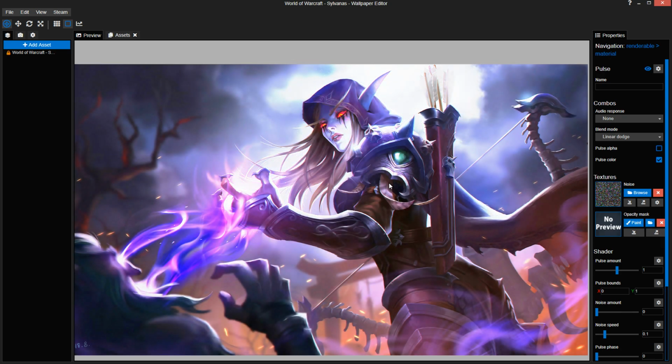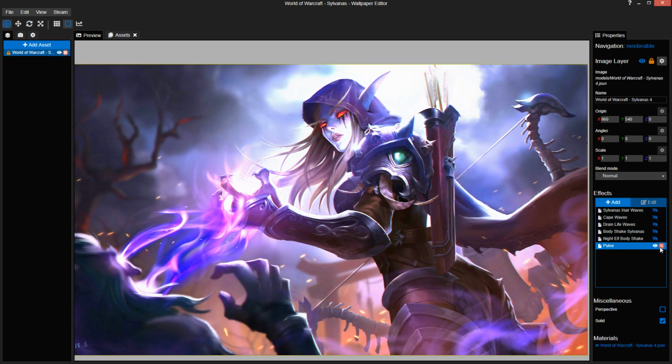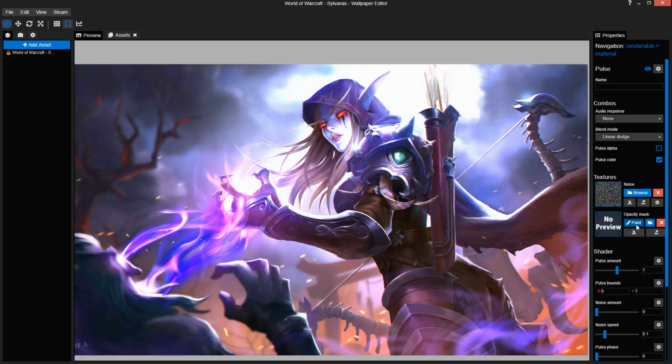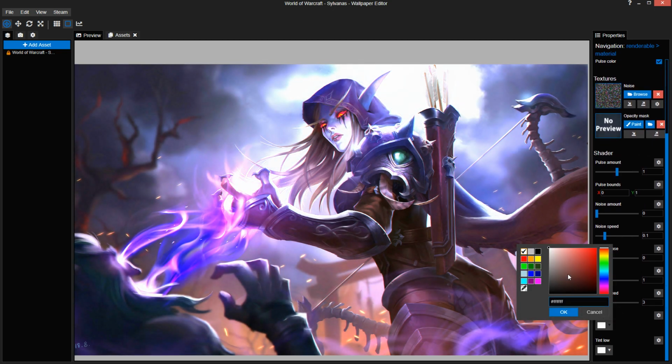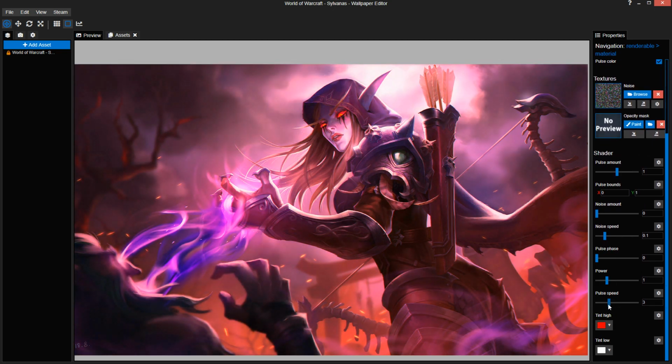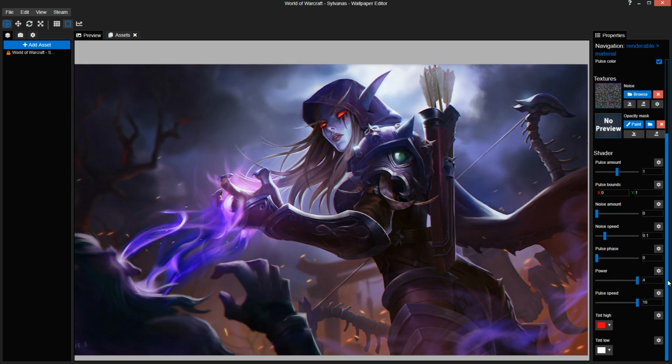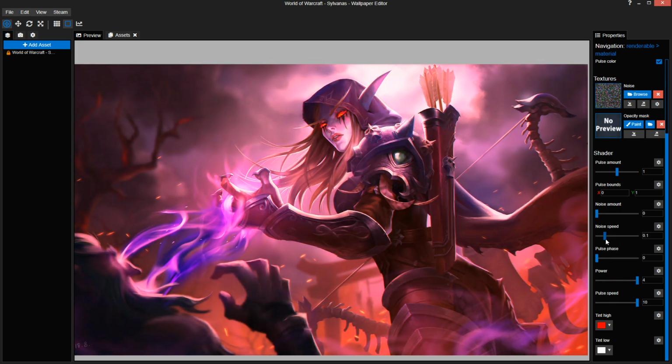Pulse just causes the image to pulse with light, though I've recently been moving away from pulse, as it's really noticeable if you're not really precise with the edges of what you want to pulse or not with the opacity mask. So you can just try out most of these things. You can select your color here and which way you want to pulse. You can increase the speed, how much you want it. The pulse phase basically does nothing.